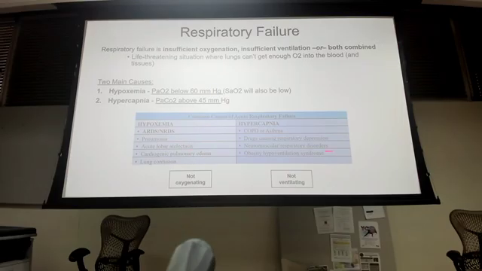Obesity hypoventilation syndrome, we talked about that. What causes that? Obesity. They're overweight, all that weight is pushing down on their chest, they can't breathe, and how do you make that diagnosis? Daytime hypercapnia, right? So during the day, they're just not breathing fast enough.